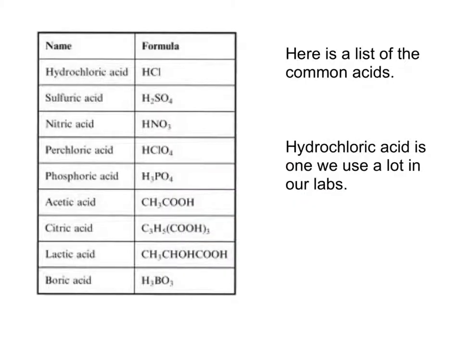Now here's a list of some common acids. Many of these we've used in lab. We've got hydrochloric acid at the top, sulfuric acid here. We've got nitric acid, a very strong acid, and those are the main ones, and then acetic acid, phosphoric acid, citric acid. Although we use that a lot, it's not something you're going to be tested on, along with